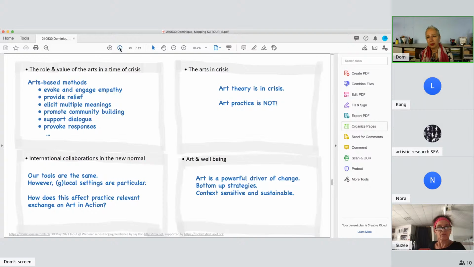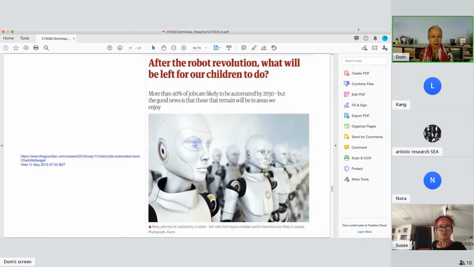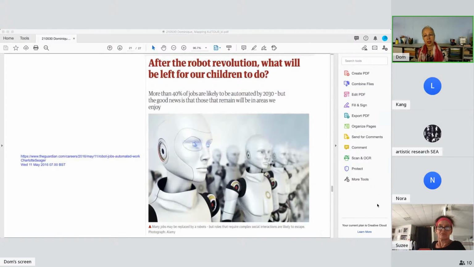And I'm now moving on to the last part of this presentation. With Mapping Kultur, we want to show all the cultural activities from different initiatives taking place to move forward with our challenges, to tackle challenges in our societies. So, as I said, artists are scared that this would devalue their work. And yes, it could be that we destabilize the border of what is art, what is not art.